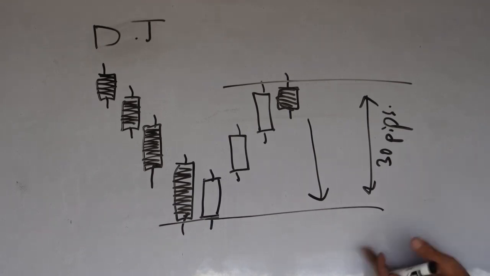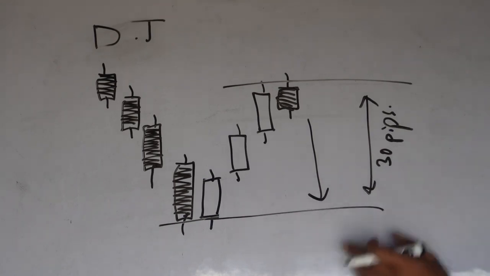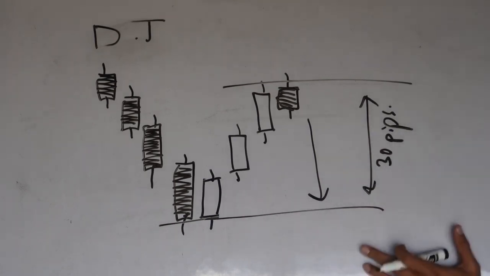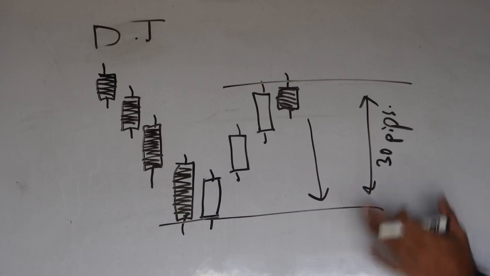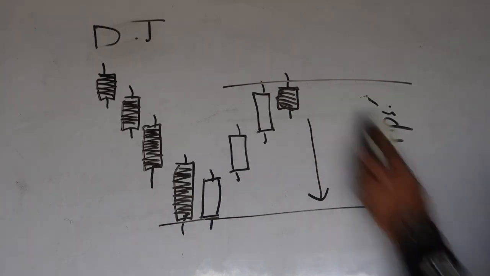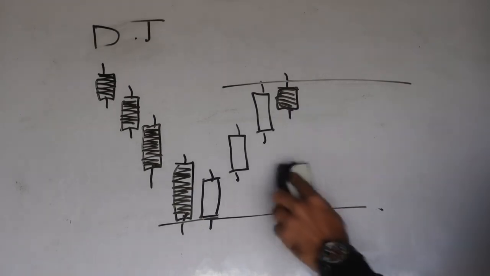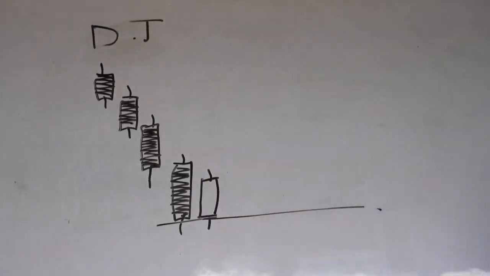Because whenever price makes a low, there's an 80% chance that price will retest that low. You have to wait. Whenever you have a downtrend, don't fight the trend. Don't take a buy. Wait for price to create resistance and then continue down. Now, sometimes what can even happen is that without price retracing all this way up, what can happen is that